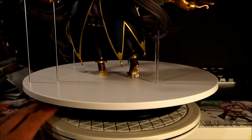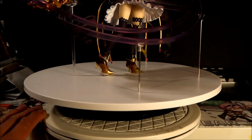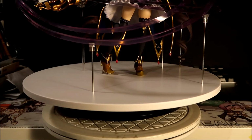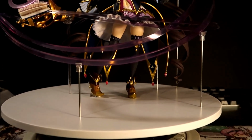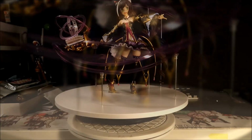I don't really see any kind of nub marks on it or anything, so it's an alright base. I don't see any major problems with the base. It's just kind of vanilla looking. Okay, so let's go. I kind of wish this special effect wasn't there, man. It kind of gets in the way of the...